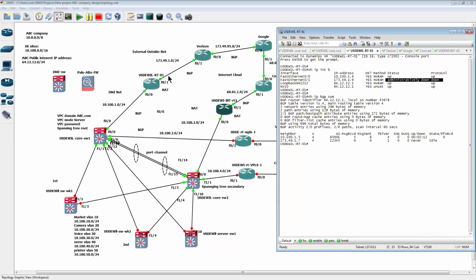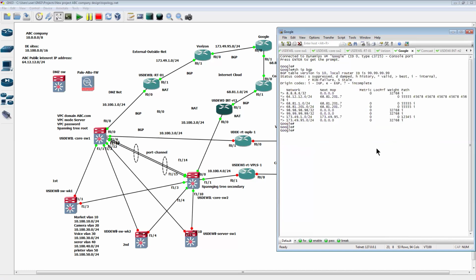Facing the Verizon, we lost the BGP, so that means we should not advertise our public IP address from here. So now Google should be only learning from Comcast. So far in here, do you understand the concept, the logic here so far? Okay. So now when we go to Google here, so we'll